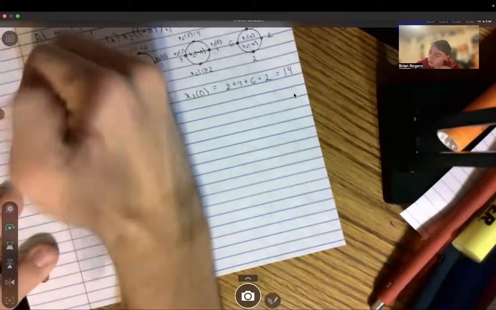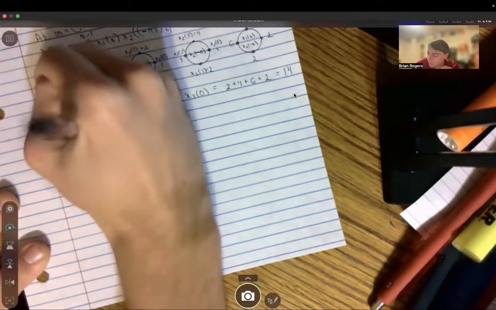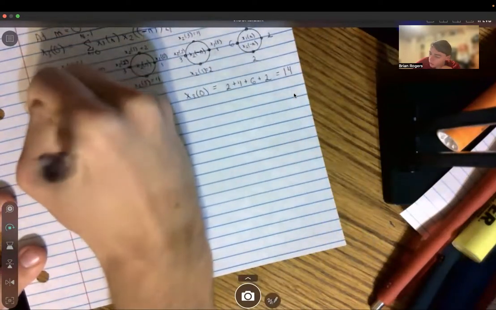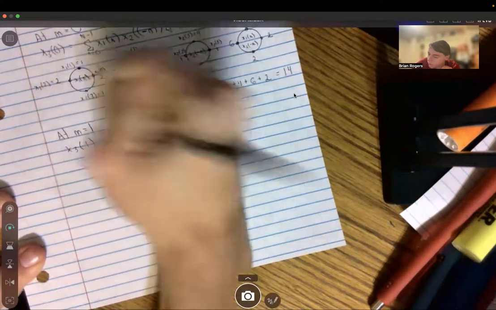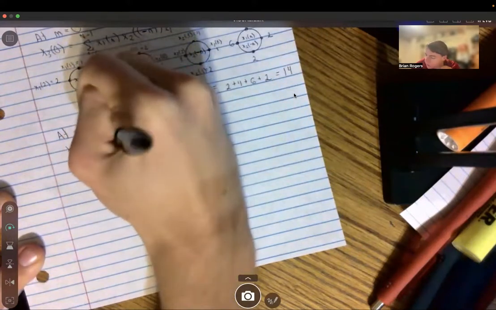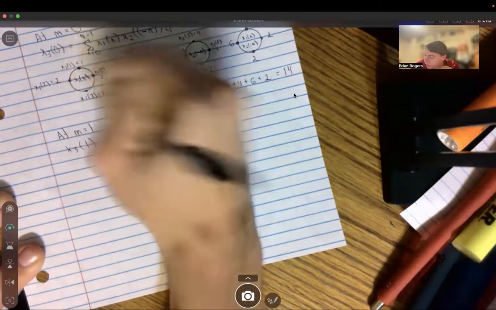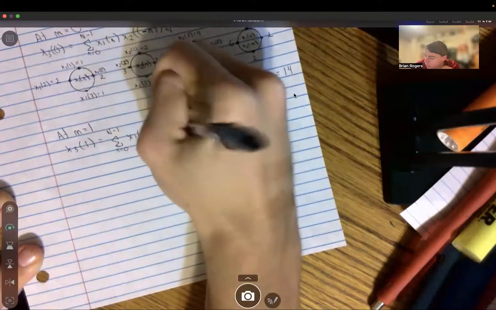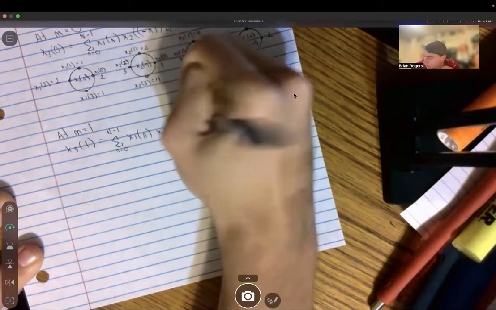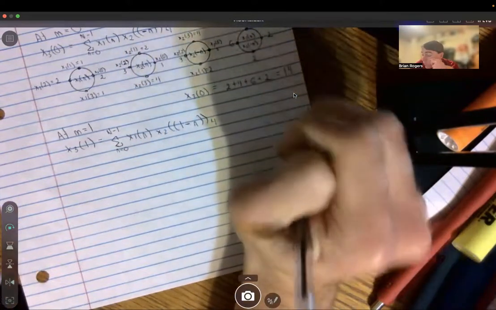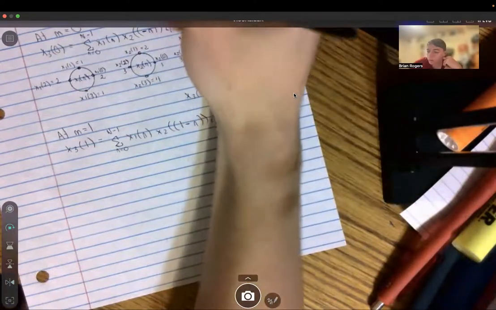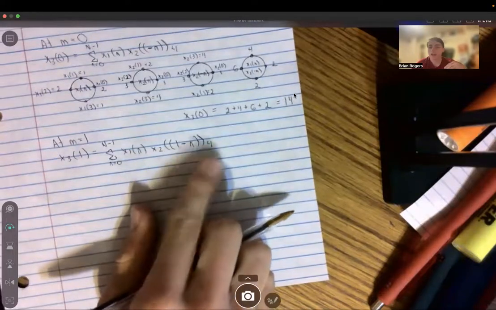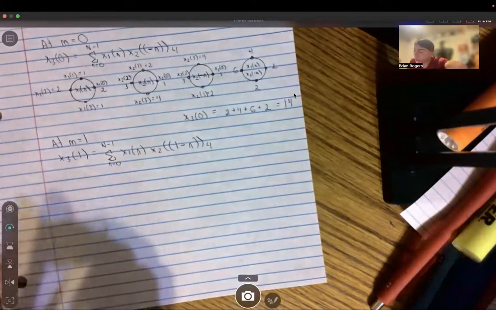Now, you're going to do m equals 1. At m equals 1, what we're going to see in our equation is x3 of 1 equals the sum from n equals 0 to capital N minus 1 of x1 of n times x2 of (1 minus n) to the 4, because the m is now 1, so within here it's now 1 minus n. And then what we're going to see within our circle is